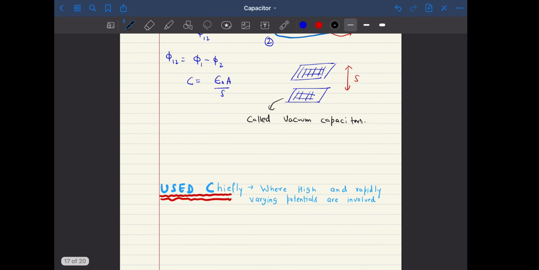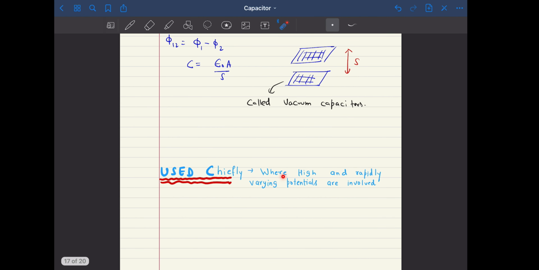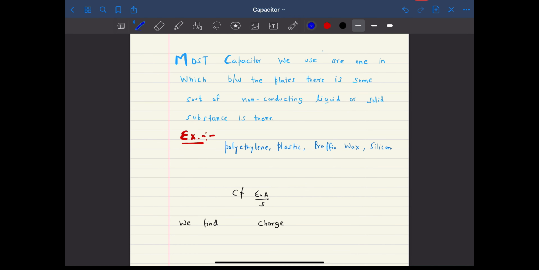These types of capacitors are used chiefly where high and rapidly varying potentials are involved. But most capacitors we use are ones in which between the plates there is some sort of non-conducting liquid or solid substance. For example, this substance can be polyethylene, plastic, paraffin wax, silicon, and there are some other examples also. In such cases,